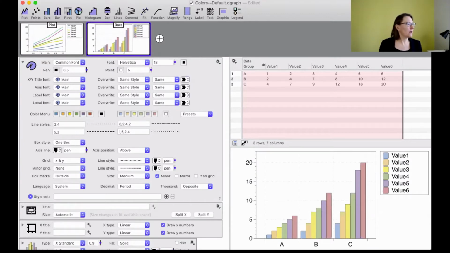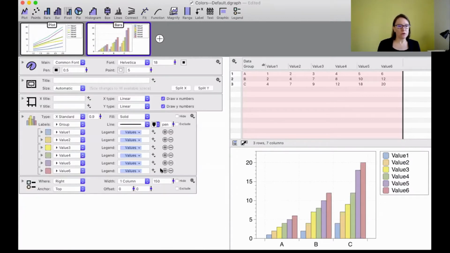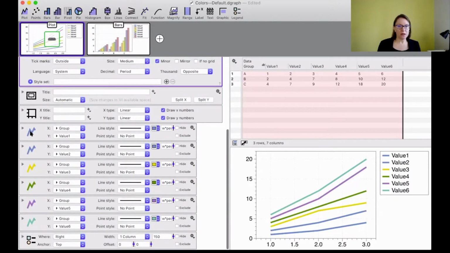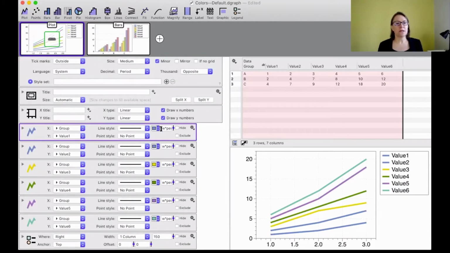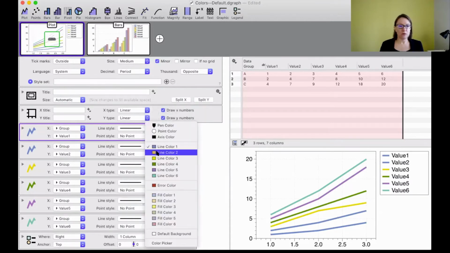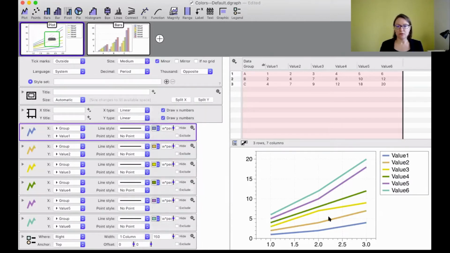So hopefully that sort of answers the question. And again, you could be going in and you could change the colors, go into here, change the colors within the graphs itself. So notice how, for example, these two lines are both set to line color 1. I can change this one to be set to line color 2, and now that's using that color within the